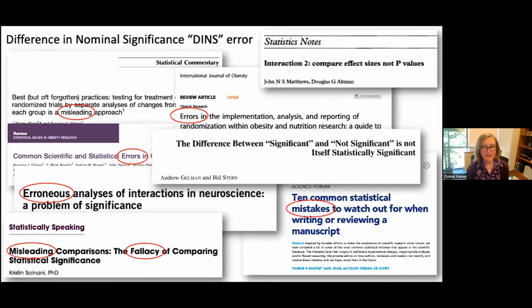But the gist of it is that you can't use a p-value of above alpha, above 0.05, to accept the null. In other words, to claim there's no effect in one sex. That's not how null hypothesis significance testing works, and it's not how we're supposed to interpret p-values. To test whether the sexes respond differently to treatment, we have to test for an interaction between sex and treatment.